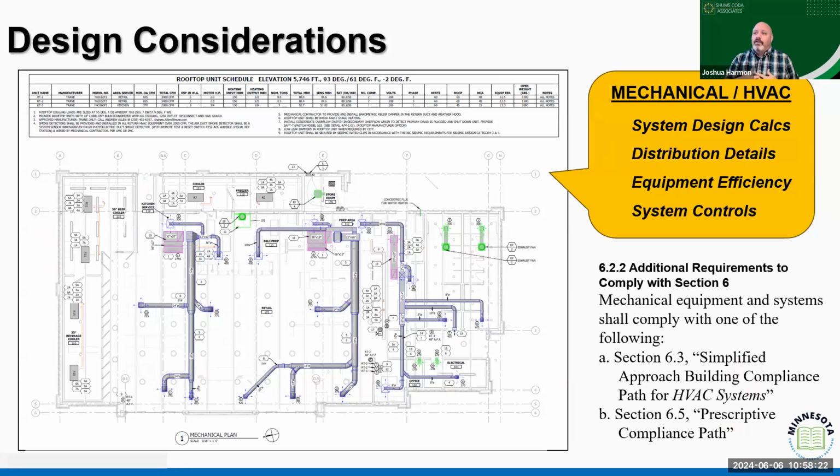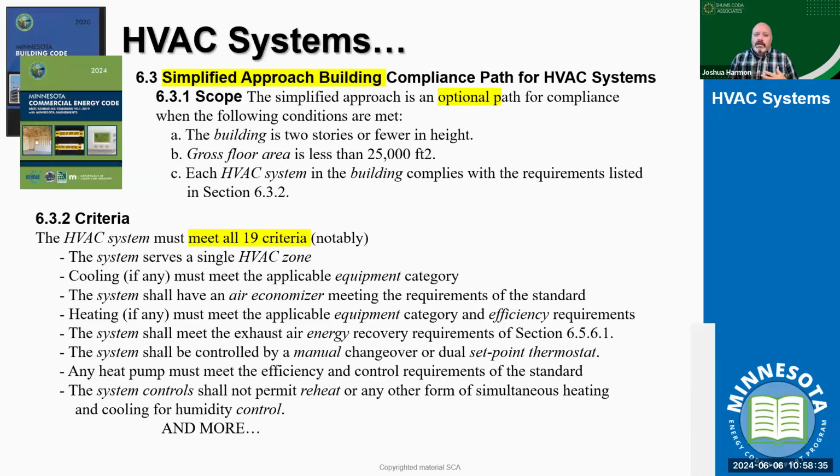We've got the building thermal envelope, but the building thermal envelope can't do it alone if we're looking at building thermal capacity and design. It works with our mechanical systems. And so if we're following that simplified approach, we're looking at a system that's based on a size, as well as a building that's based on size, and then a system that's based on 19 different criteria. Now, I've only listed the very highest. We're going to have some conversations about mechanical systems where we'll get more into those.